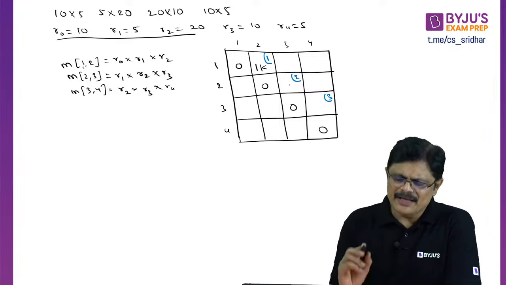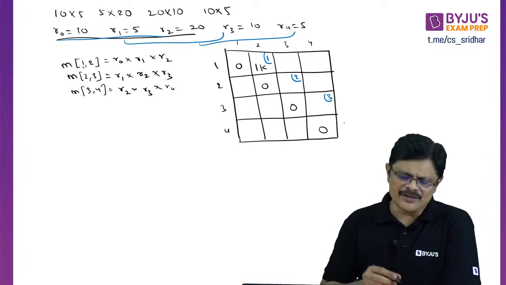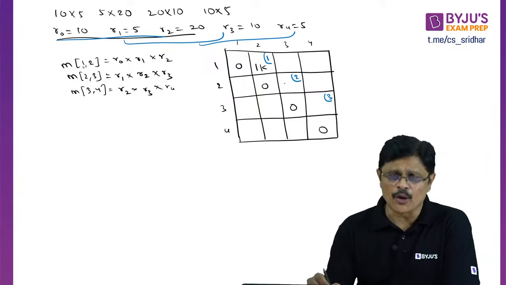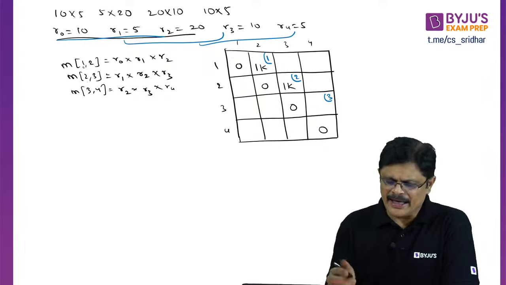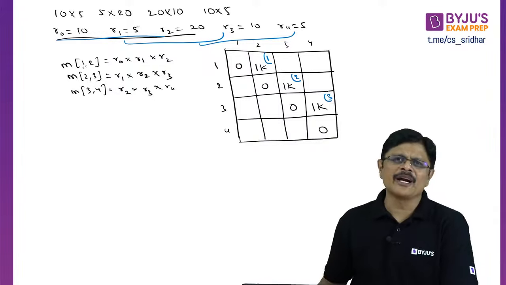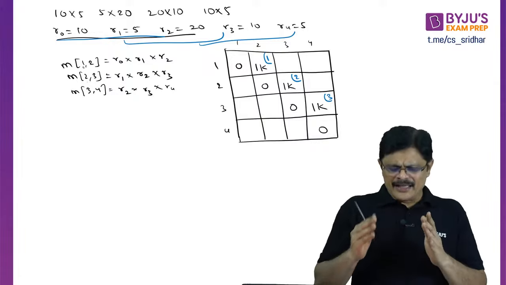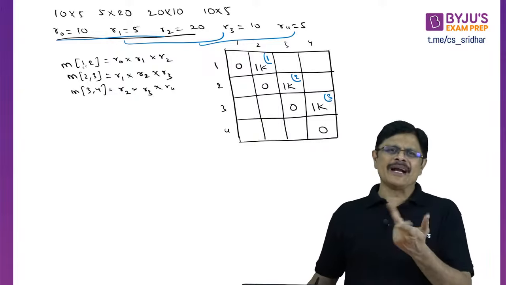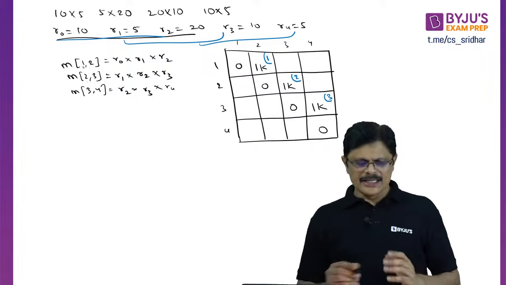Now we need to find this. As I told you, first 3, next 3, next 3, if you multiply you get the values. So for the next one, what is the answer? 5 into 20 is 100, into 10, which is 1000. 1000 means 1k, my dear friends. Next, 20 into 10 is 200, into 5 is 1000, which is 1k. And the intermediate matrix for that is 3, my dear friends. That is dividing R2 to R4 at 3, sir. With 2 matrix multiplication, obviously there is only one possibility. Am I clear? That is only one possibility. So you got these numbers.